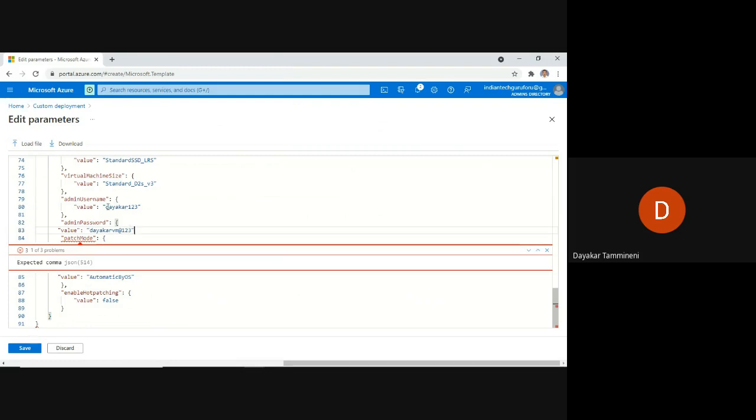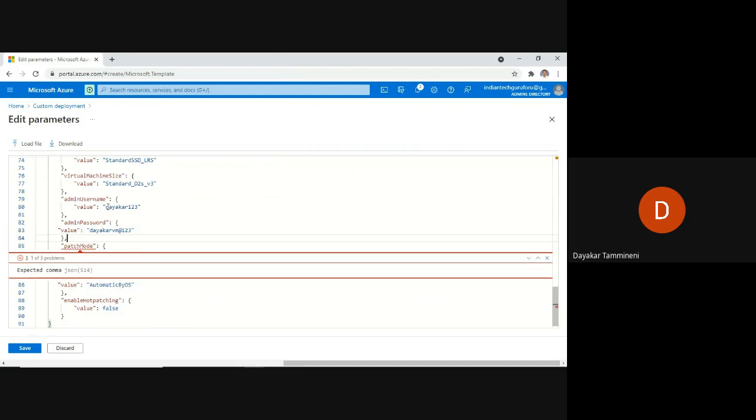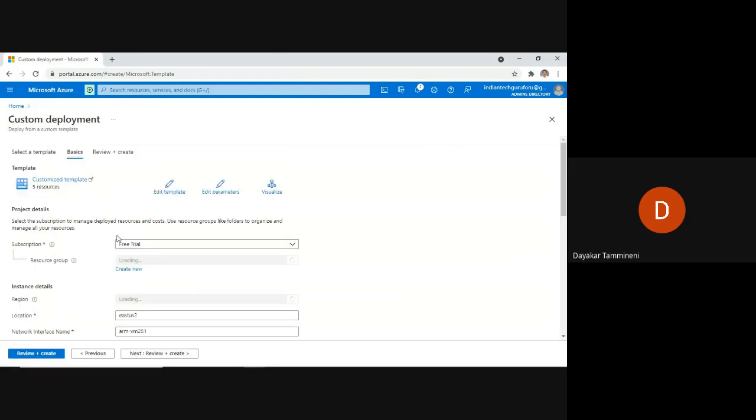Okay, so after this, I have to close this one and put a comma. Actually, while we were editing, that closing bracket as well as the comma was missing. So now it is okay.